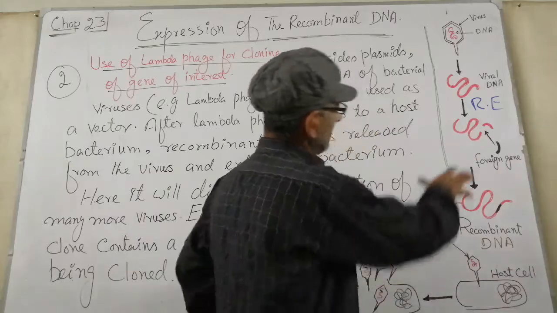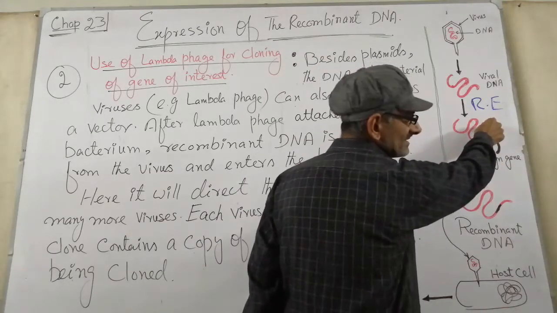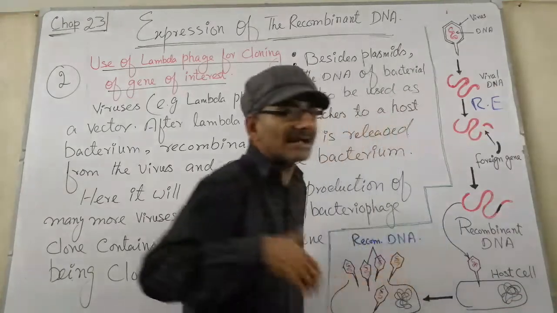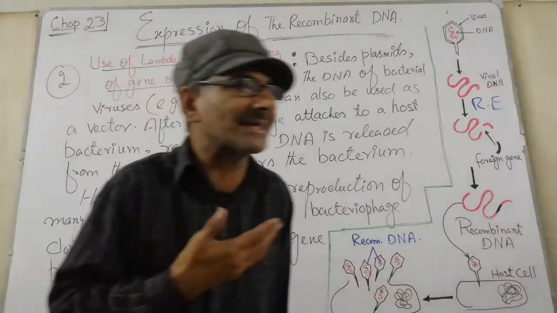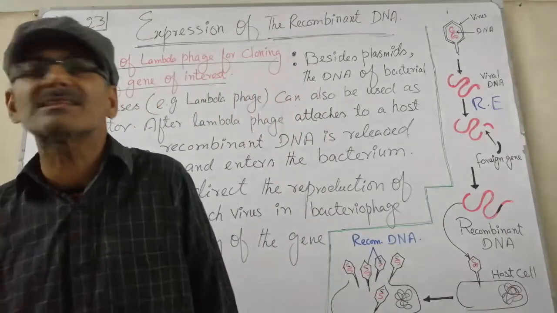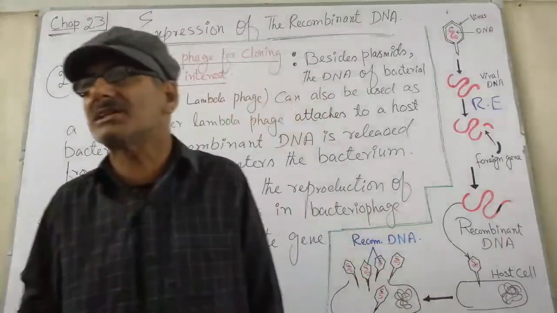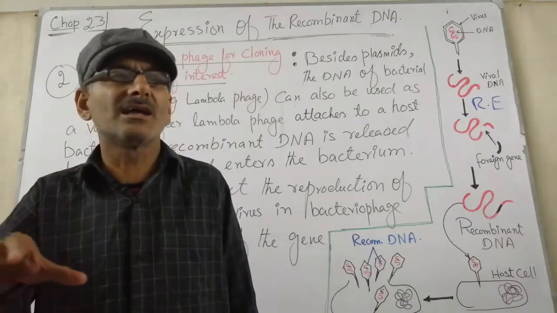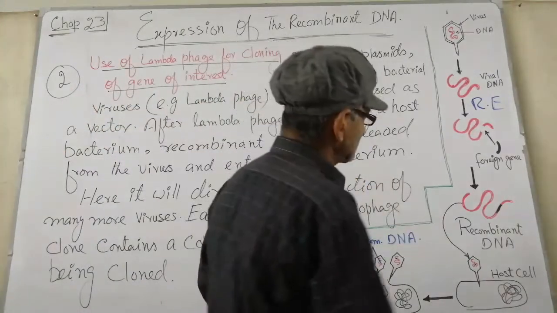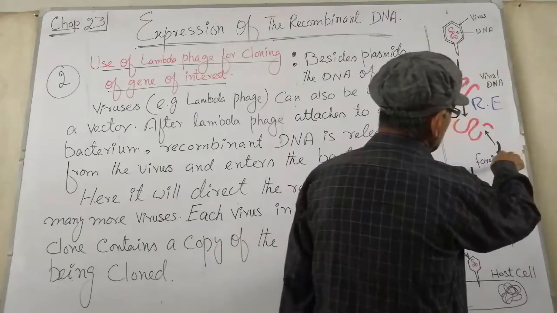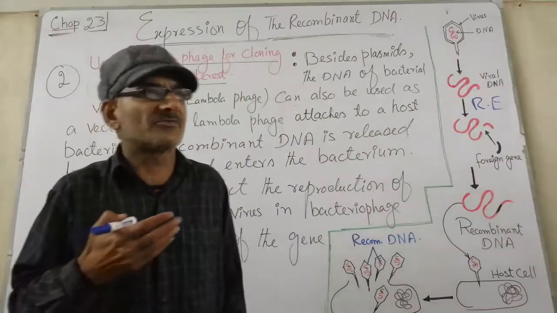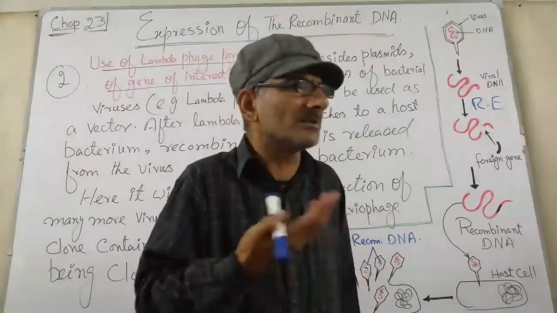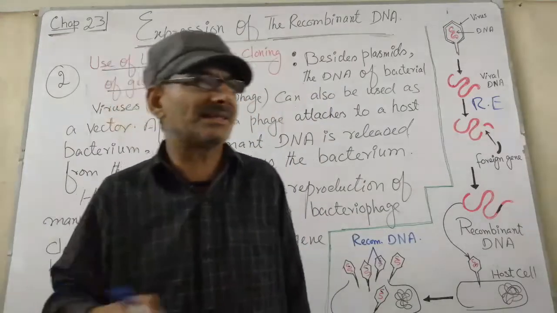DNA, and when the gap is present in the viral DNA, and these are the sticky ends, there is another enzyme which is known as the DNA ligase. Its function is to attach the foreign gene into the gap, into the viral DNA, for making the recombinant DNA. This is the foreign gene which is isolated from any source cell. It may be the human cell or other mammalian cell.